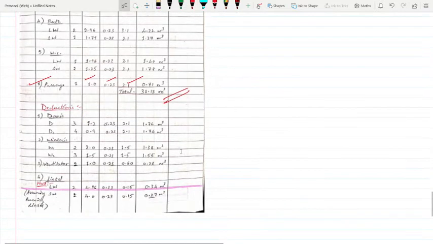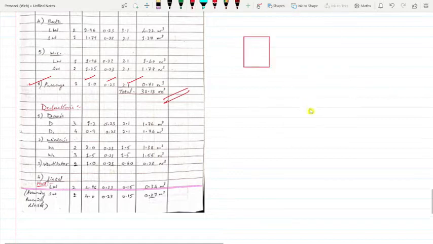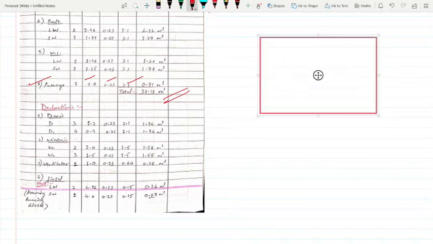Now comes the deductions. Why we carry out deduction is because this is a wall. Suppose this is a wall and we have a window in this portion, like this.